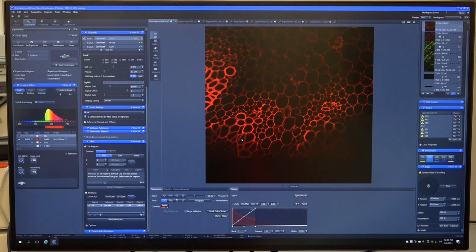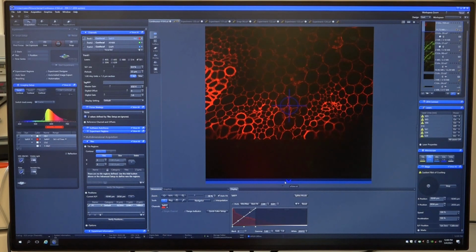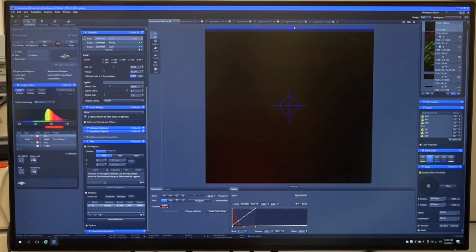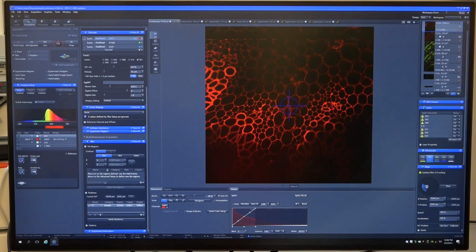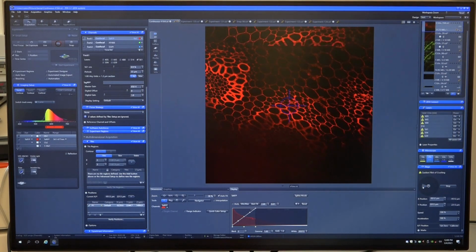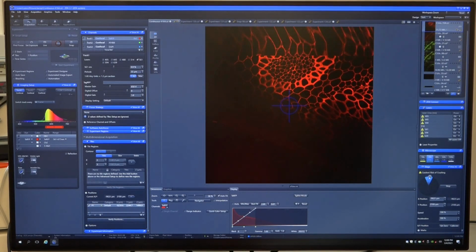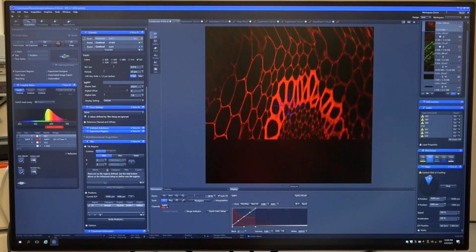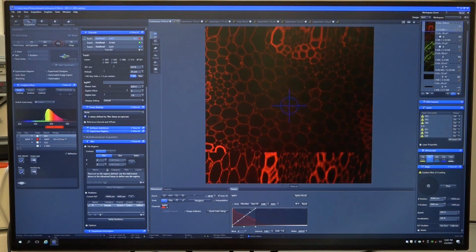This position I have registered, then I'll move to a different position, and I'll also mark this position.